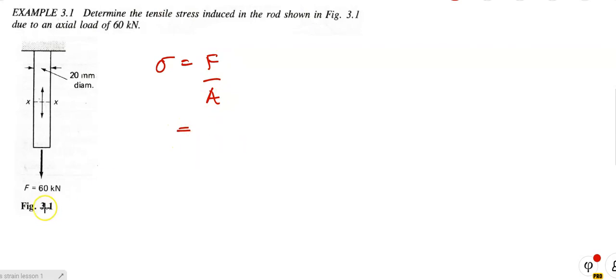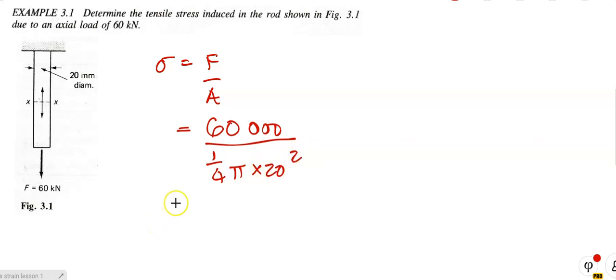Okay, what's the force? The force is 60 kilonewtons, or the load acting. And we always convert it to newtons. So that's 60,000 newtons over the area. And we always convert to millimeters squared. It's a round bar. So it's quarter pi d squared, or pi r squared, just as you wish. I use quarter pi d squared when I work out the area. So it's quarter pi times 20 squared. Right, you work out the answer and you check that your answer is the same as mine. Right, and what you get, I got